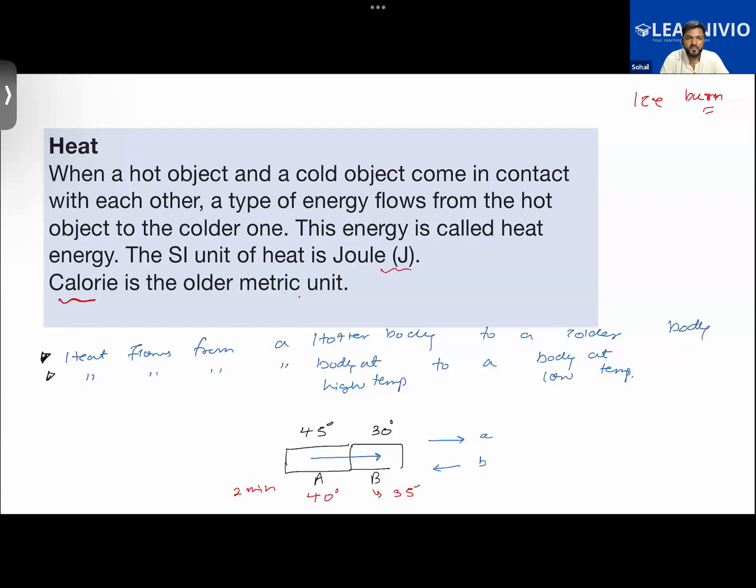Correct. See, basically, what is going to happen over here? The cells in your body also contain water, no? So the water in the skin cell, like when you're holding ice on your skin, is in direct contact with the ice. So the water found inside your cell will start to freeze. So thereby, what will happen? The flow of blood in the cells will also stop. Water will be found in the blood also, no?